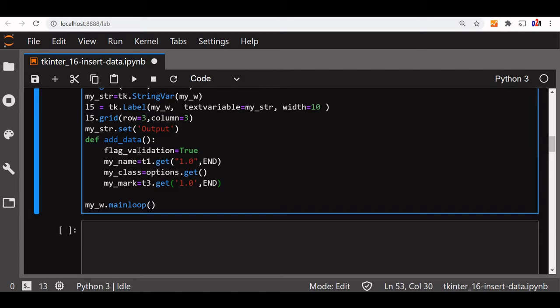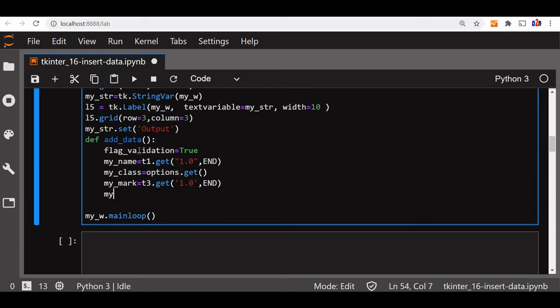Now we got the mark. Now let's say gender. My gender, we are collecting through radio buttons, one for male and one for female, two radio buttons, and the user has to select one. Now we'll say dot get, so the value will be stored in the variable. Because we need name, class, mark and gender, these are the 4 variables we are asking the users to give us. So that's done.